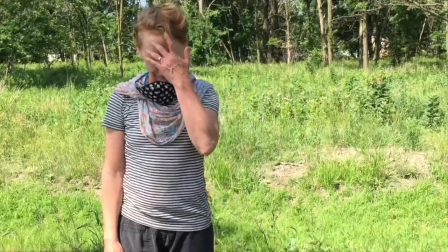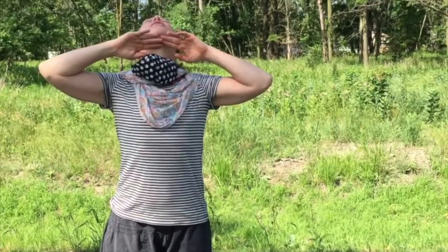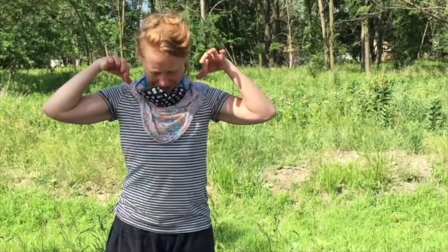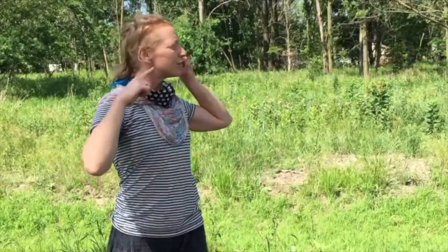And then I like to just move the head a little bit more freely in a circle. And your head will naturally maybe go to one direction, so then just try the opposite direction. And then you might also try looking up or tilting the chin up and down as the last. This really keeps the ears almost in the same position, but it's just this noticing too of how our ears, like we can literally, as we're walking, try our ears in different positions to notice how it affects what